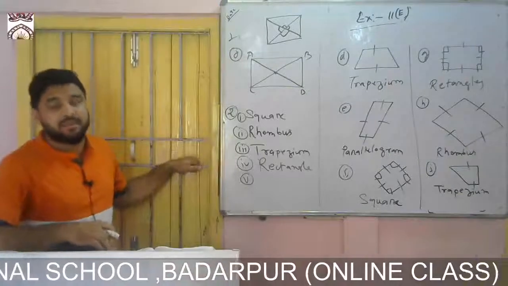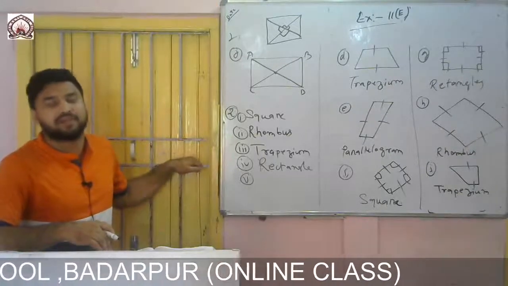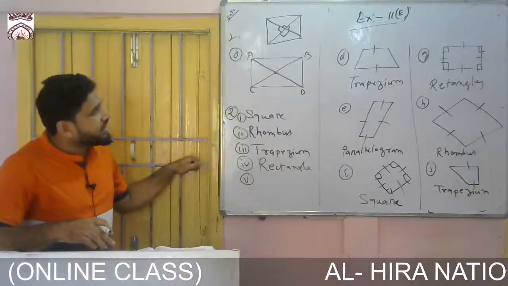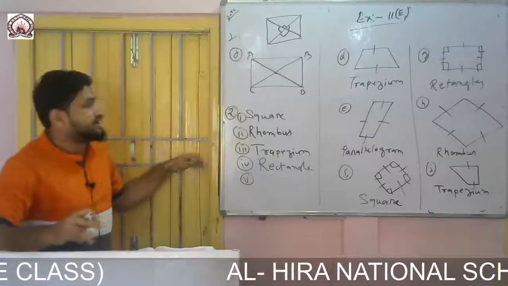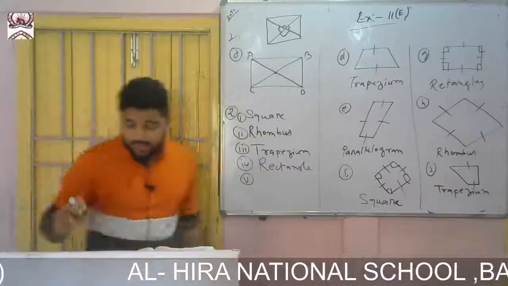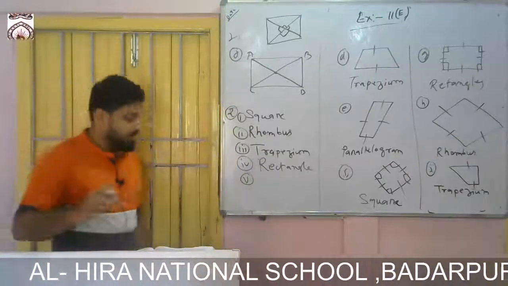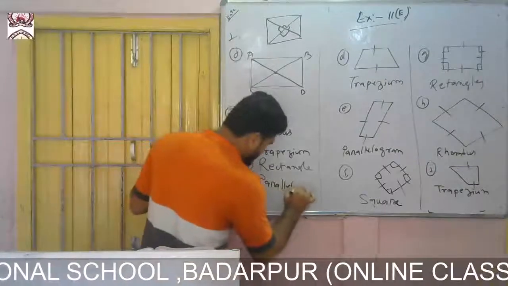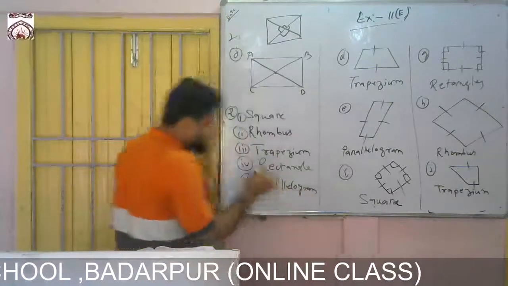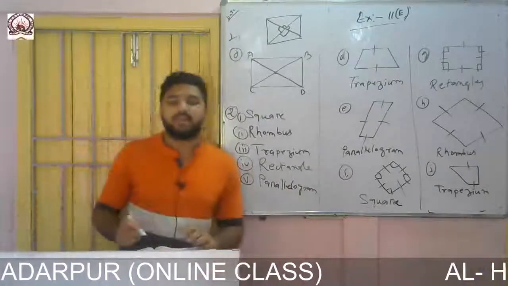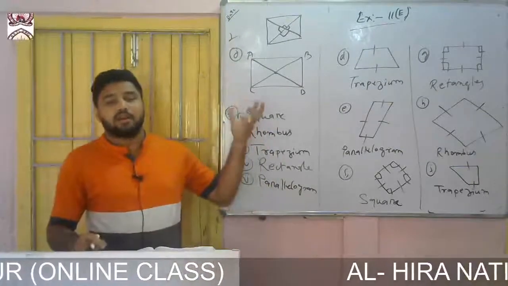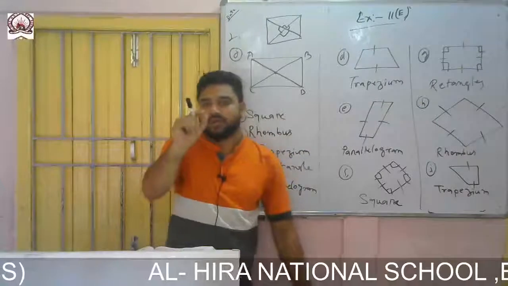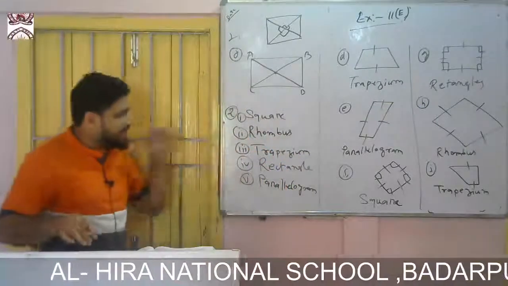A trapezium is a type of quadrilateral. Why is it not a parallelogram? Because it satisfies only one condition. It's a type of parallelogram, I can say, but it is not fully a parallelogram. Sometimes you can say that a trapezium is a parallelogram, because in a parallelogram the opposite sides are parallel, but here only one pair of parallel lines is there. So sometimes you can say. Okay, so number 5 finished.